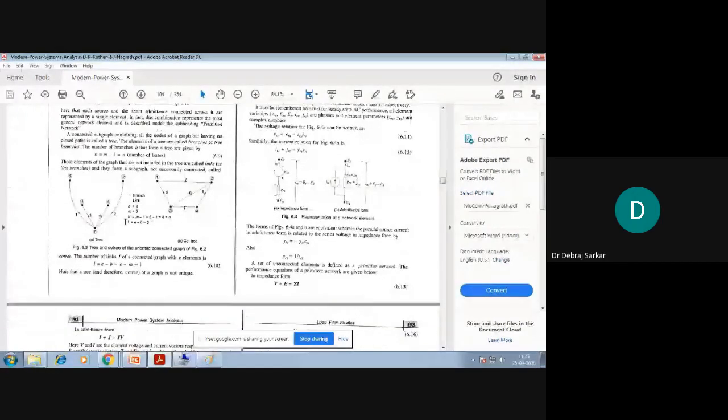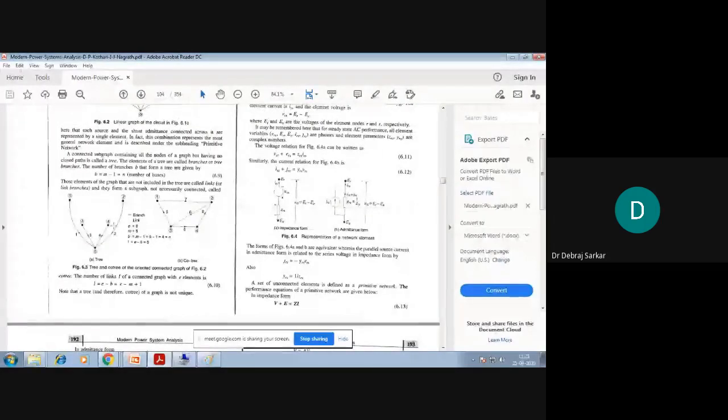So why is this important? The problem with writing the equation is that you can have n number of equations. Now you need to have the minimum number of equations. Remember, if you remember this circuit theory class or this electrical circuit analysis class, I told you about linearly independent equations. That means whatever equations you have written, see this equation and this equation.